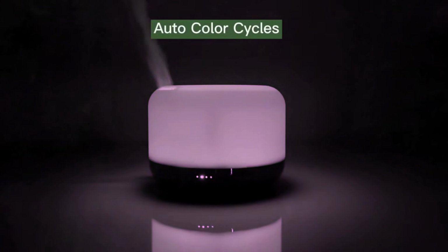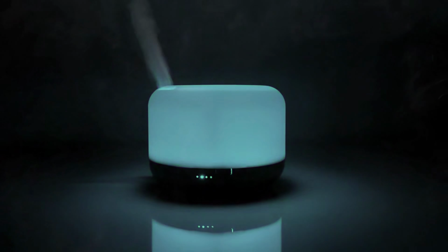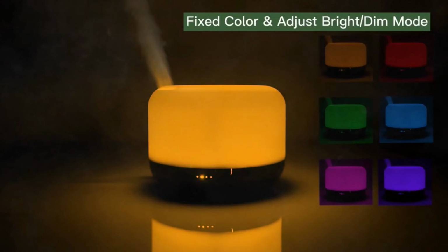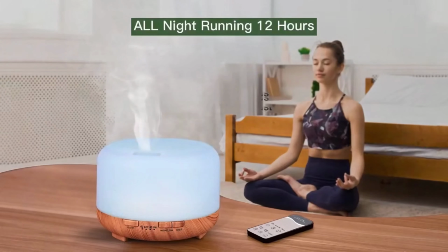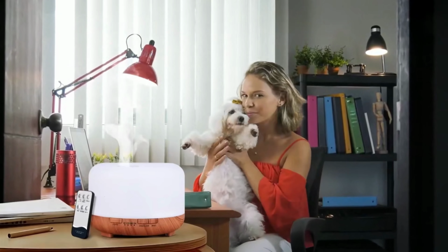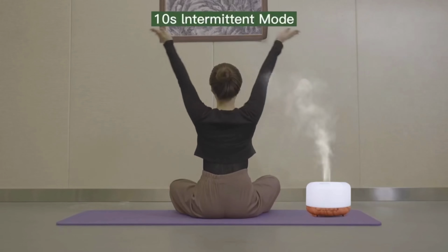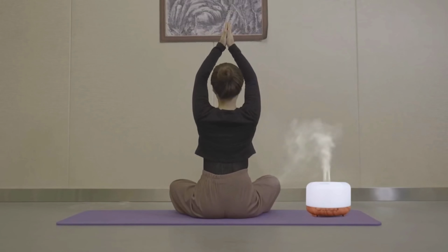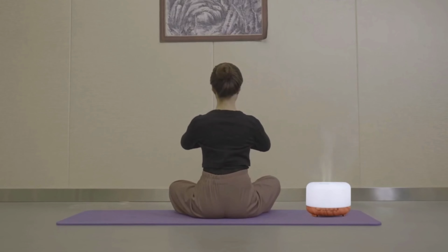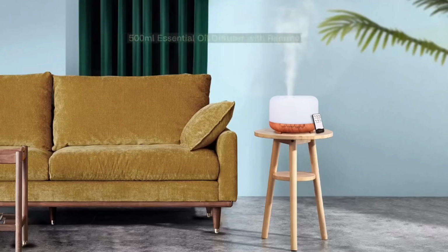delicate water mist. The colorful ambient light can be customized to your preference, adding a touch of elegance to any space. This diffuser features a water shortage and power outage protection, along with 4-gear timing options. Made from durable PC and ABS materials, it operates at a voltage of DC 5V and has a spray mist volume of 20-45 ml/L. Despite its compact size, it delivers a powerful performance, making it an ideal addition to your